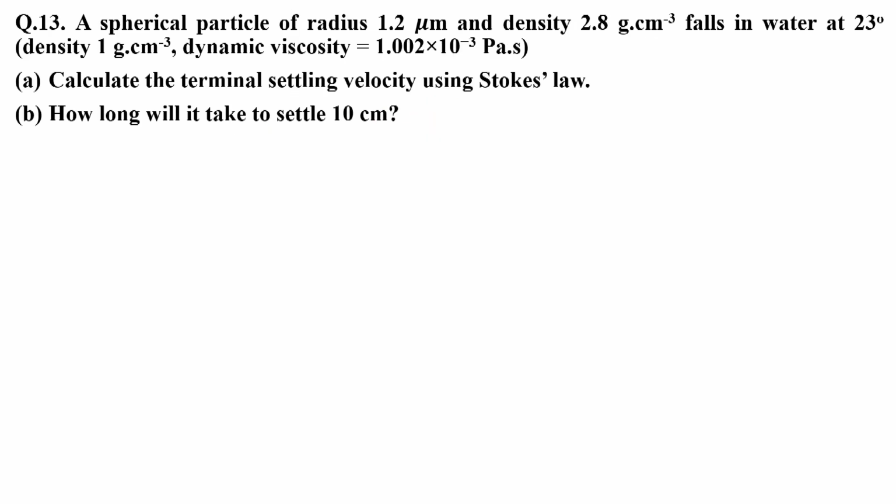Problem number 13 says, a spherical particle of radius 1.2 micrometer and density 2.8 gram per centimeter cube falls in water at 23 degrees Celsius. Density is 1 gram per centimeter cube and dynamic viscosity is 1.002 times 10 to the minus 3 Pascal second. Calculate the terminal settling velocity using Stokes law. How long will it take to settle 10 centimeter? So, we know terminal settling velocity